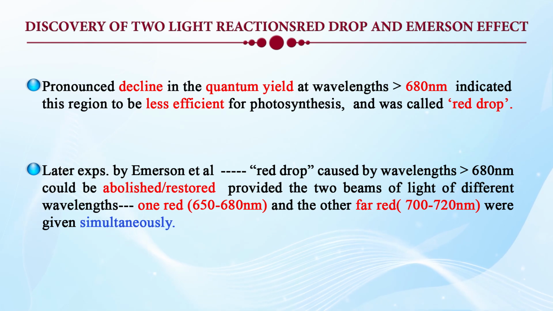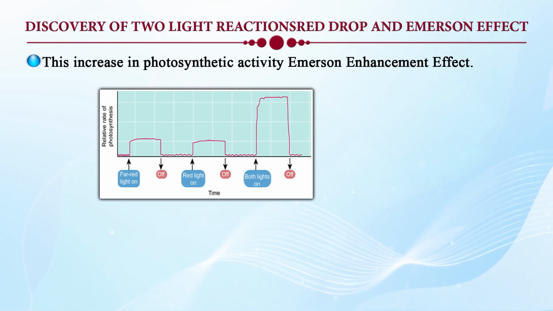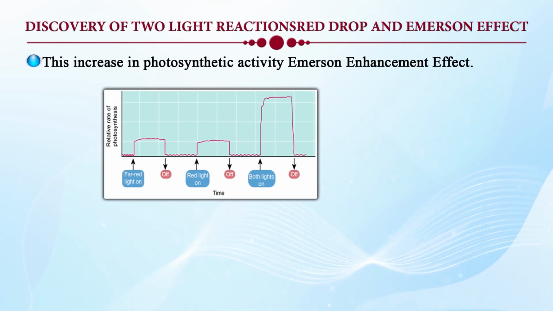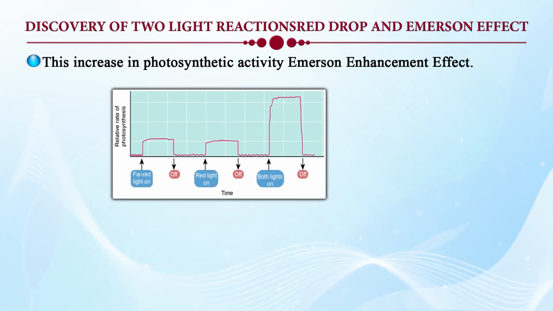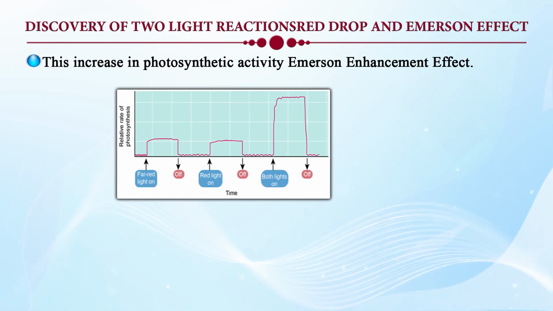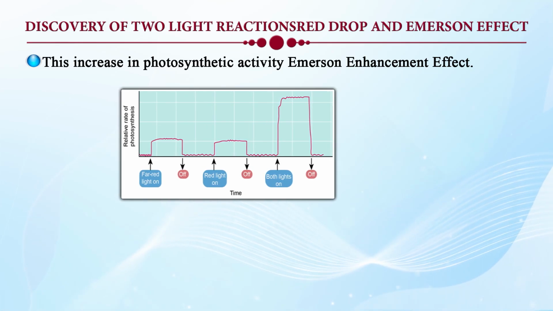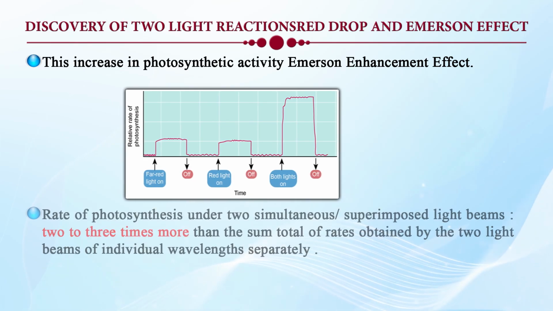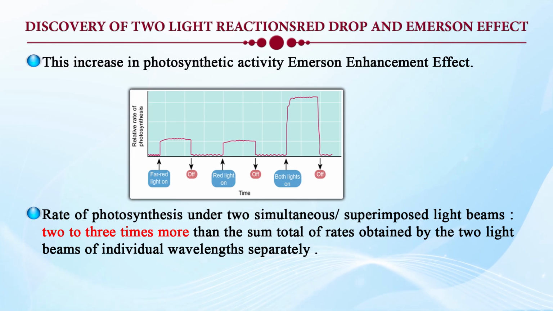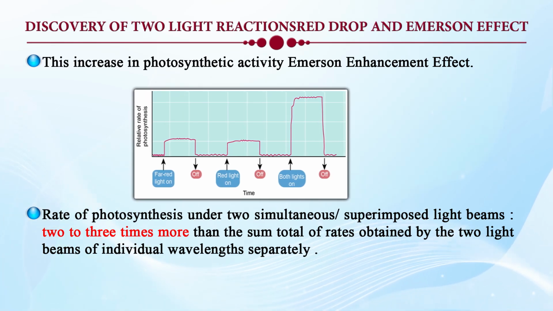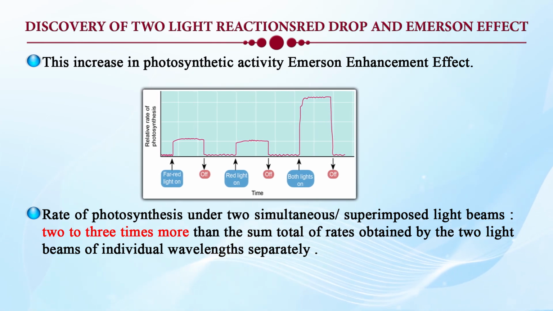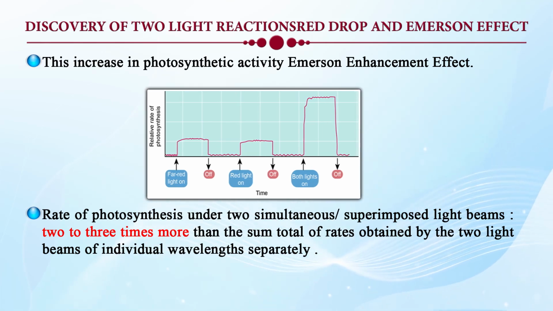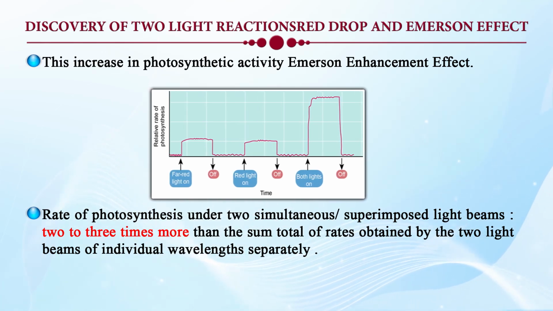So, if these shorter and the higher wavelengths are given simultaneously, there was a sudden spurt in the rate of photosynthesis, and this enhancement was called in honor of Emerson as Emerson's enhancement effect or simply as Emerson's effect. Surprisingly, in Emerson's effect, the quantum yield was 2 to 3 times more than the sum total of rates obtained by the two light beams individually,